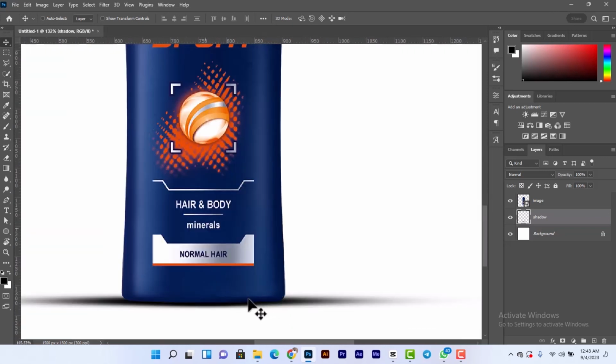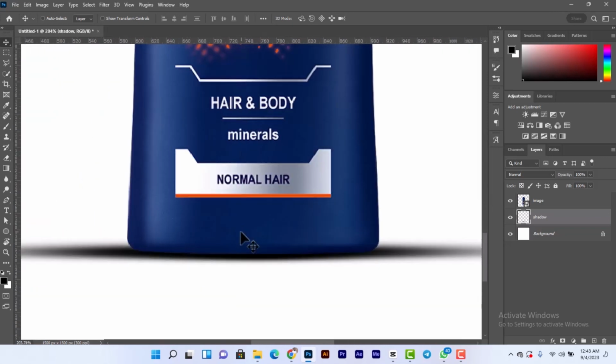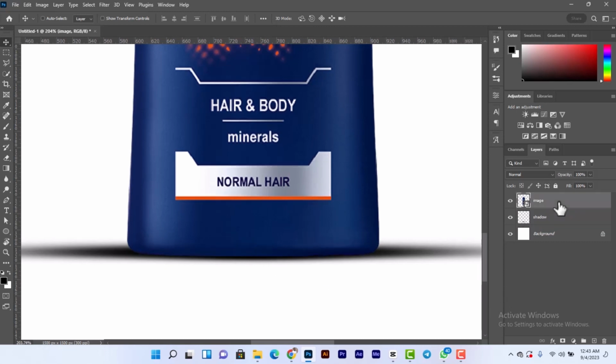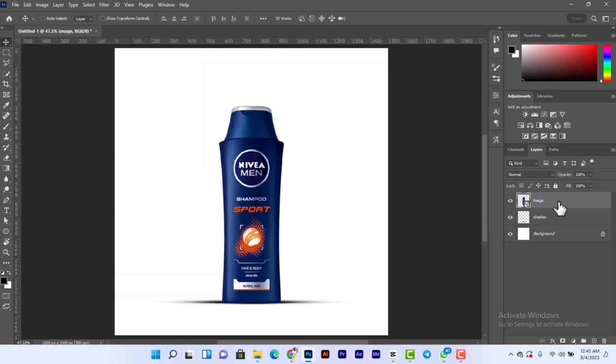If you do this and you notice your image is not seated on your shadow very well, you can just click on the image of your shadow and press your arrow down button to adjust it to make sure it's not floating. With this, you can put an end to the process of applying shadow,